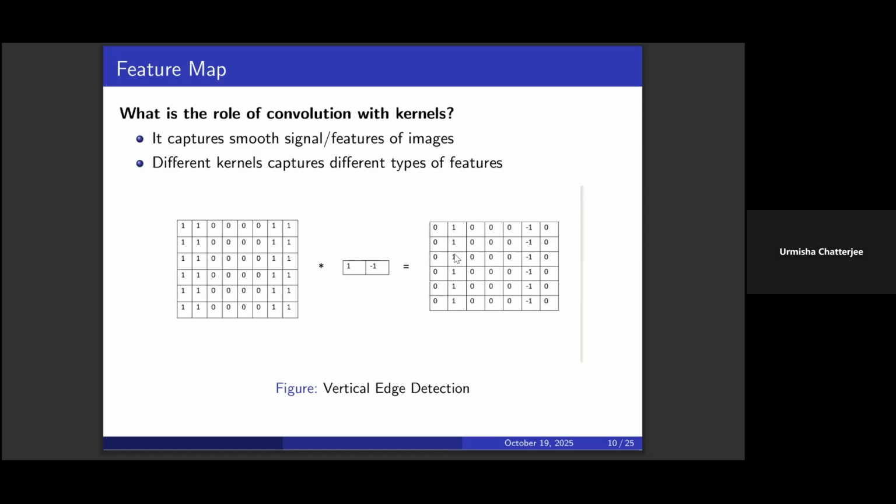You can see wherever there is an edge, it has a nonzero value, and in the rest of the places it's a zero. So this particular kernel has the capacity of detecting vertical edges, not horizontal edges. It won't be able to detect those. So this particular kernel has a particular purpose during the cross correlation operation. Similarly, some other kernels have the ability to detect other features.